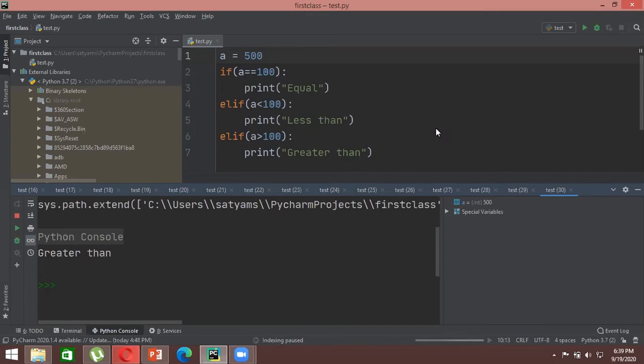Yes, sir. Sir, can you please, if you had a flow chart for this, it would be easier to visualize. Okay. So this is basically a flow chart for your if else statement or elif statement. The same thing is true for elif as well. What happens is that multiple conditions just come into it.